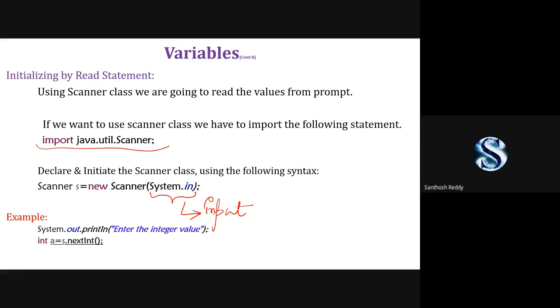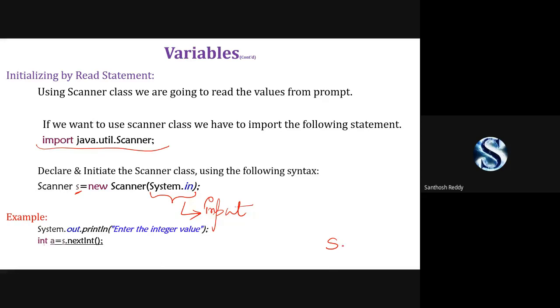Example: System.out.println, enter an integer value. Some value I want to store. So I declare int a is equal to, and you take this reference variable and put a dot.